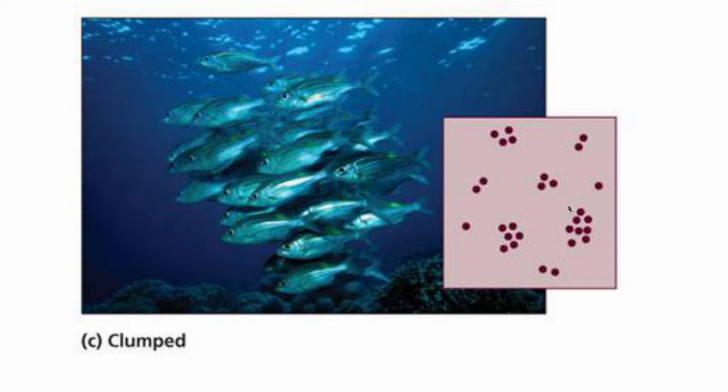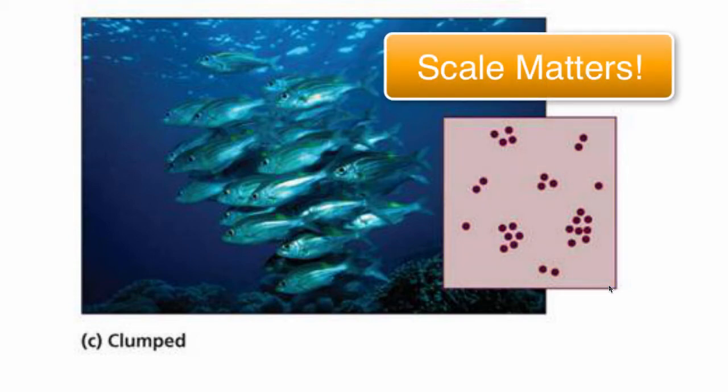For example, if we were to sample at a smaller scale and just look at this much of the population, we might come to a different conclusion than if we were to look at a larger spatial scale. In the former case, we might think that it's a uniform or a random dispersion pattern. By expanding out, you can see that it is highly clumped. It's kind of the same thing. Think about